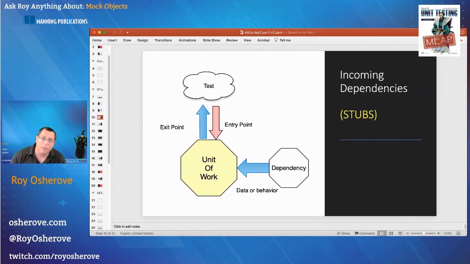But we also have to remember that design, especially in our existing applications, can vary a lot. We can be working on an application that has a lot of tightly coupled things, a lot of dependencies that are both incoming and outgoing, etc. So when we talk about mocks and stubs, we want to be very explicit, because what we don't want is to assert on stubs, because that creates tests that are very, very hard to maintain, creates a coupling on things that we shouldn't care about. I'll explain that in a second.